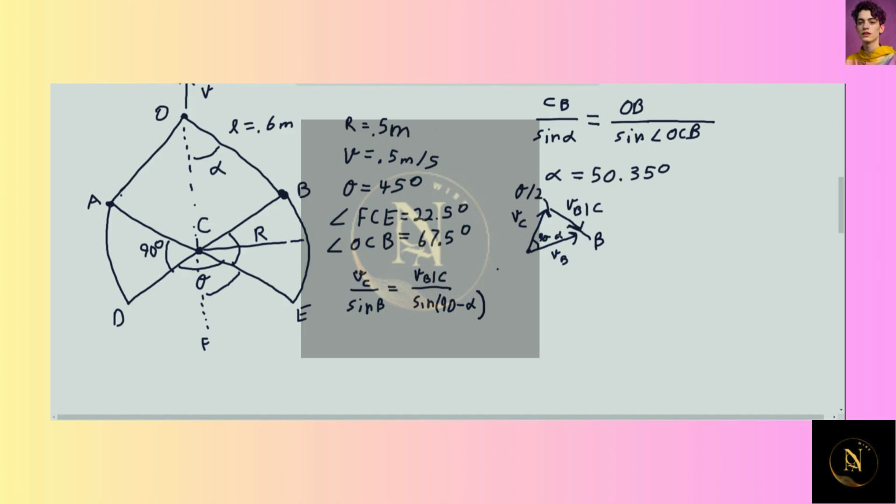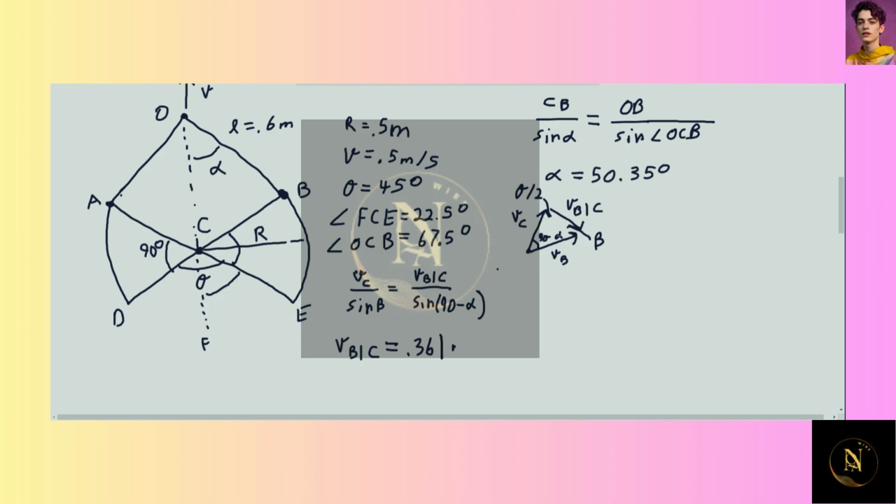So then we would like to solve this for VB given C using all the angles we already have. We also need to know the velocity of C, which is just the velocity moving upwards here. So that's that 0.5 meters per second. And we would find that VB given C